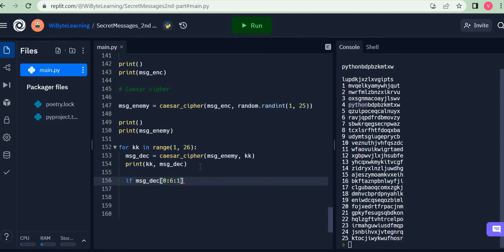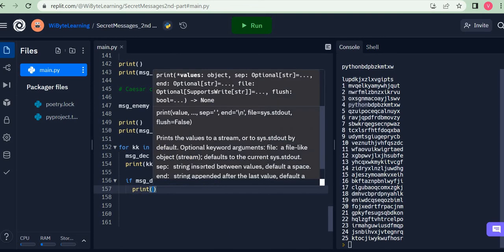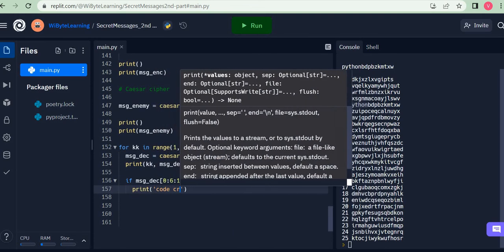in steps of 1. If this is equal to, say, Python, oh sorry, I've got this wrong here. I have to be very careful on this. This equal to has to be outside. So if this is equal to, say, Python, then I know that the code has been cracked. So I can be proud and say, hey, look, I've cracked your code. Print, say, code cracked,